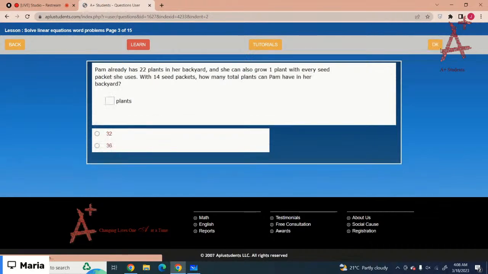Okay, the next one is Pam already has 22 plants in her backyard, and she can also grow one plant with every seed packet she uses. With 14 seed packets, how many total plants can Pam have in her backyard? So you have to calculate how many plants she can grow with 14 seed packs. Got it? So let's just write down the equation. 22 plants already, and she can grow one plant with every seed packet. Got it? So it would be